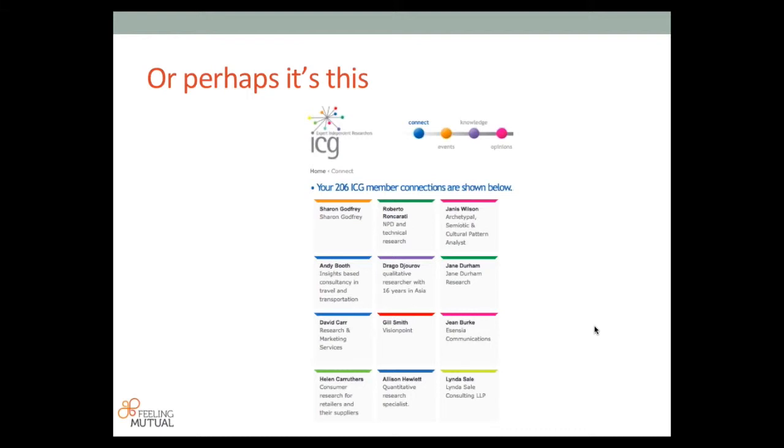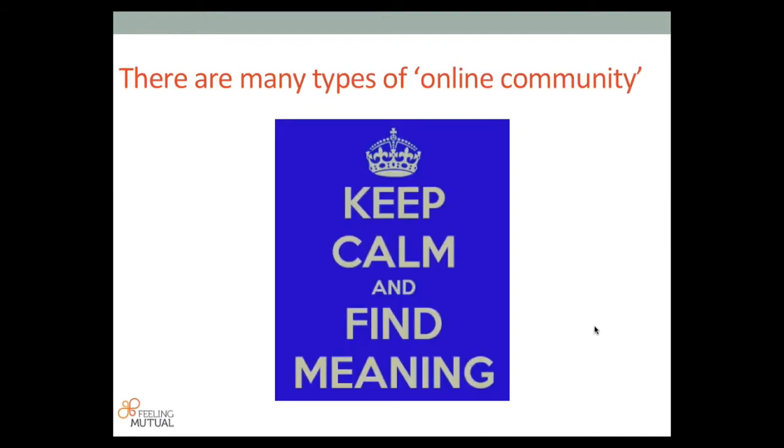It's online. Just because it's email doesn't make it less of a community. You don't need a technology platform to define an online community, is my point here. It's about the people, it's about the relationships, and it's about this shared purpose. So I suppose the conclusion of just this intro is around the idea of there being many types of online